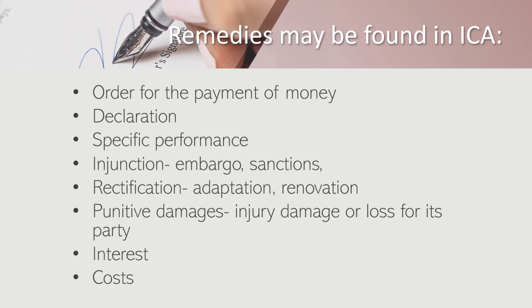Specifically, here is the list of remedies that may be found in international commercial arbitration. But in general, even in the American Arbitration Association or in London International Commercial Arbitration, these are the common remedies that have been provided to settle a dispute. Number one is an order for the payment of money, a declaration, let's say on the property, to whom it belongs,